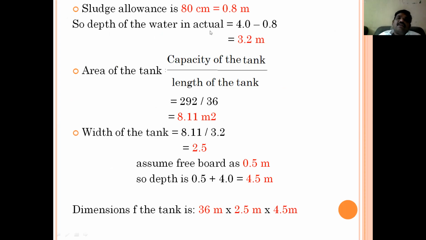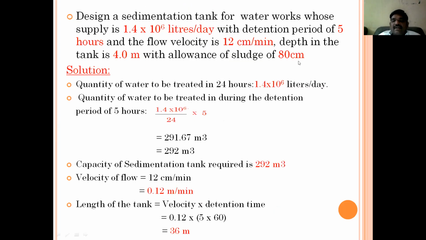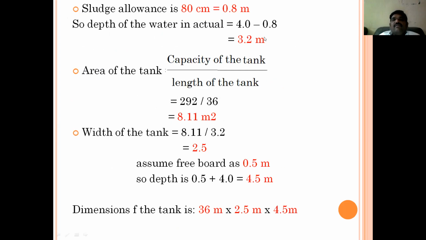Now, the depth of the water actually is 4 meters. From 4 meters, we substituted 0.8 meters, because it was given as 80 centimeters, which we converted into meters. So 4 meters minus 0.8 is 3.2 meters of depth. The area will be found with the formula capacity by